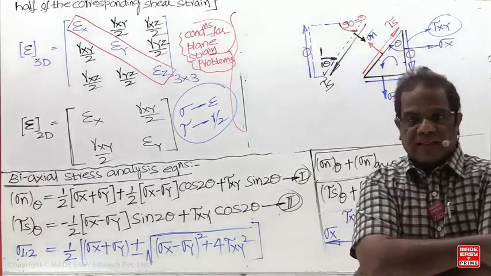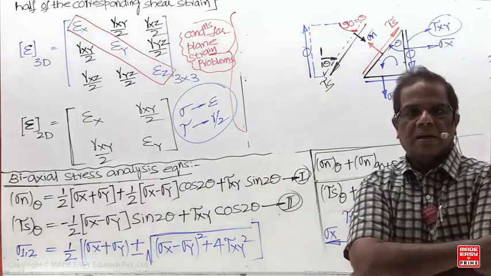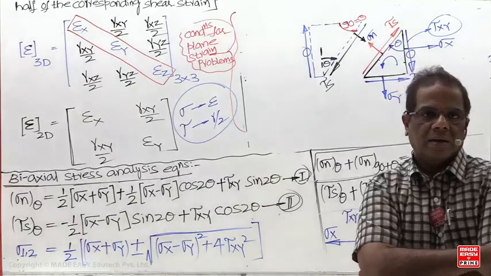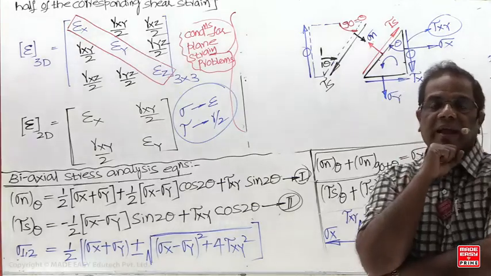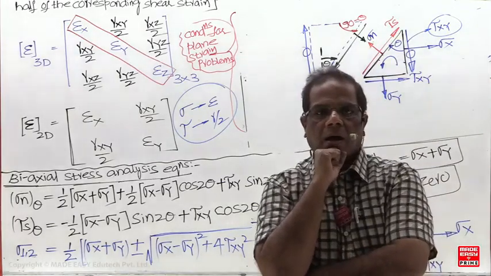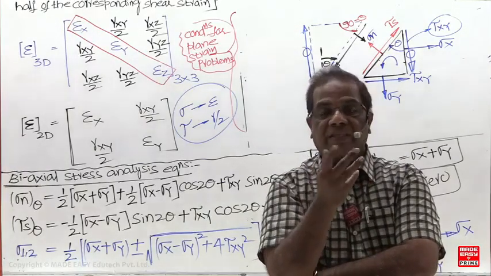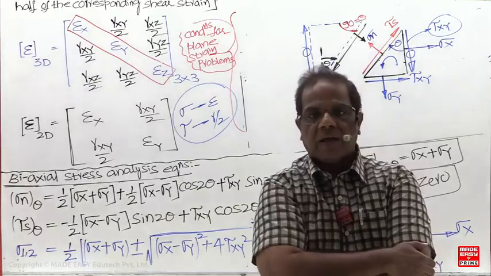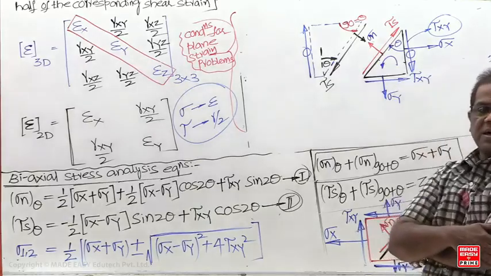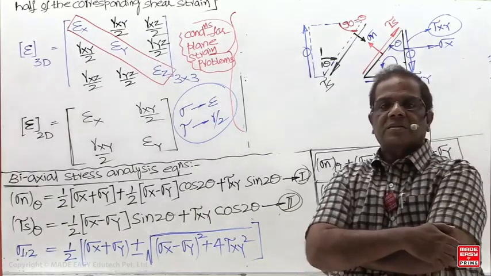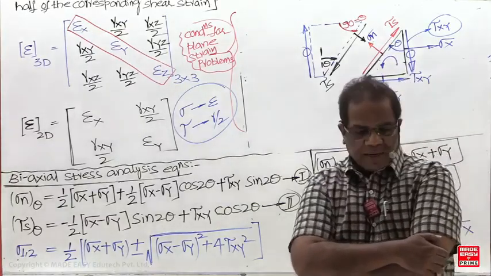Next, shear stress on X face, or vertical shear stress. Some students are still unable to identify the shear stress on X face. Vertical shear stress, that is tau xy, should be considered as positive